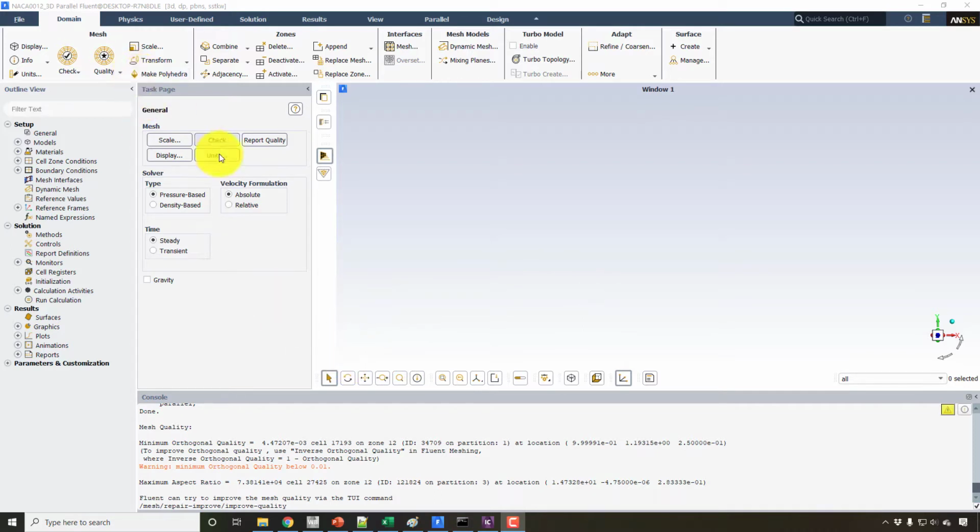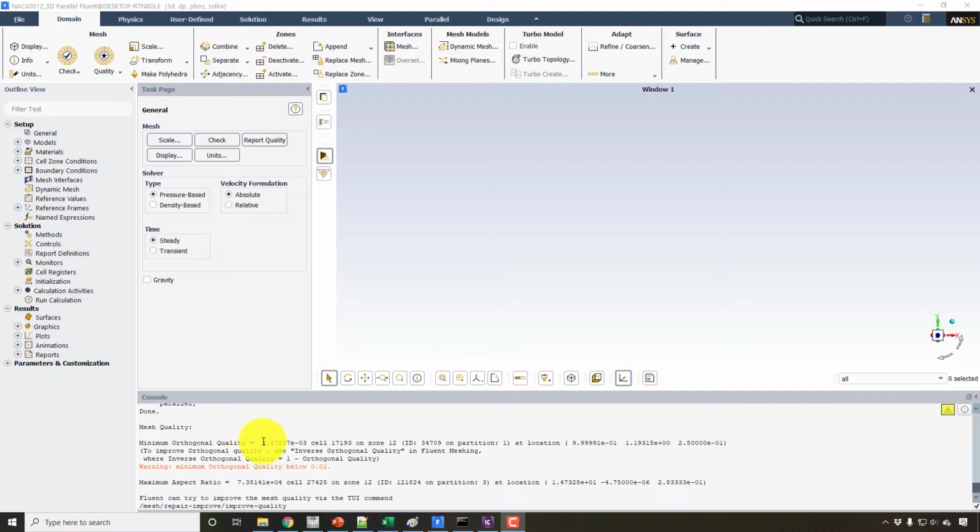So I just import this mesh into Fluent. I will tell you the complete steps in the next video, where I will be doing the mesh import from the very beginning. But just for the mesh quality, I just want to give you an idea right now. So you can see that everything else is correct, everything else is right. The only issue is that the orthogonal quality is not okay here.